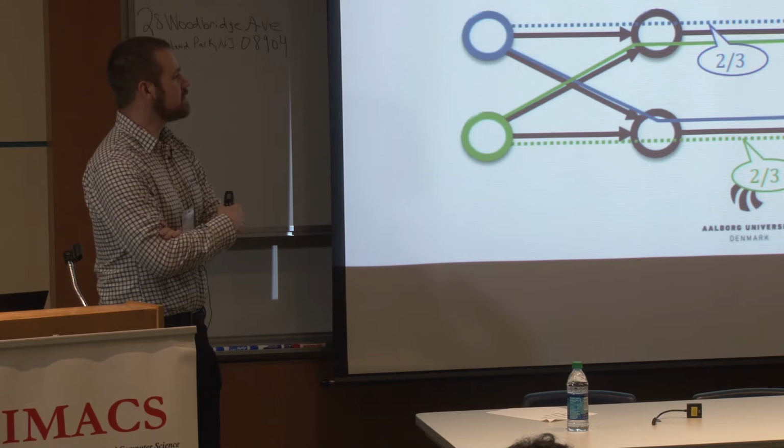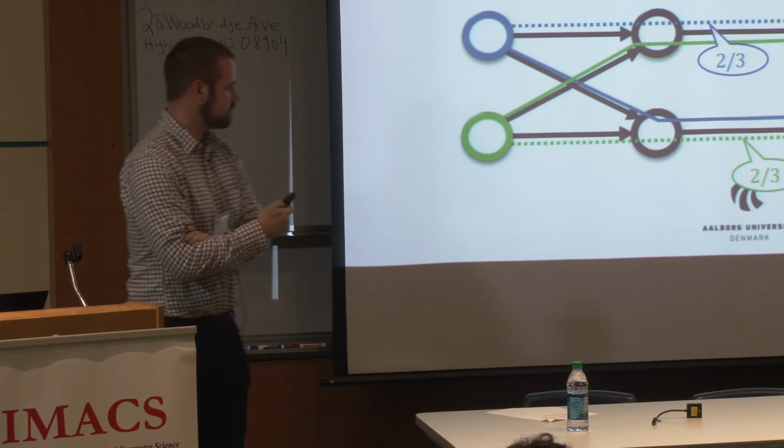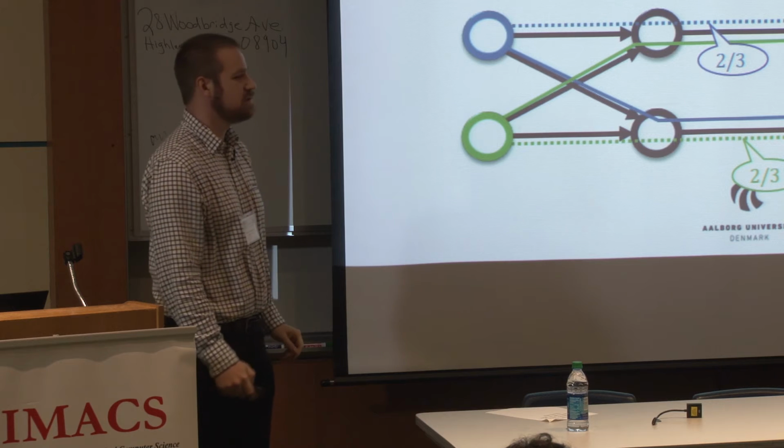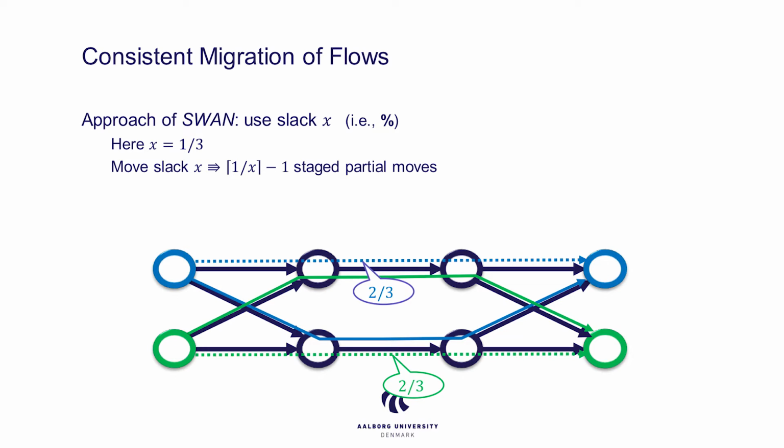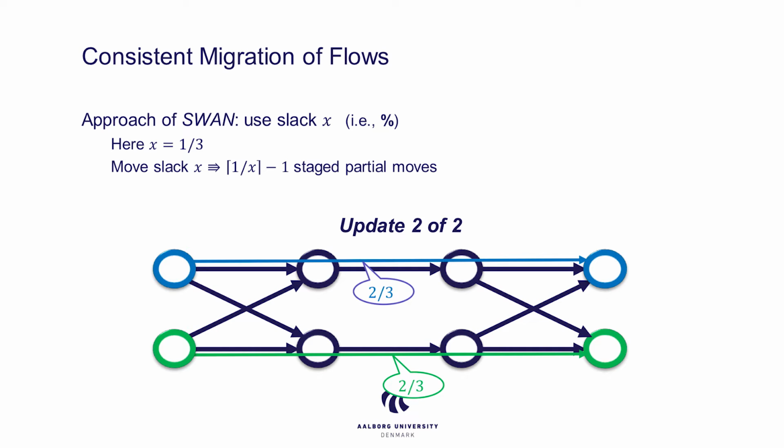But what you can exploit is that you have some free capacity on these links. For example, on all these links, we have a free capacity of at least 1/3. So what you can then do is move 1/3 of the flow size at once. In this case, we split the flows into 2, and we move half of them onto the new paths, so that after this update, they're split into 2. Then, since this invariant still holds, that afterwards we still have free capacity of 1/3, we can do the last step, and we are done.